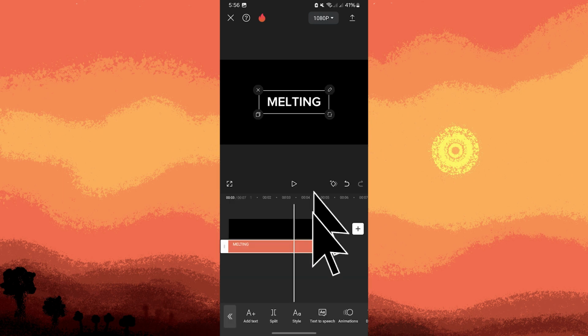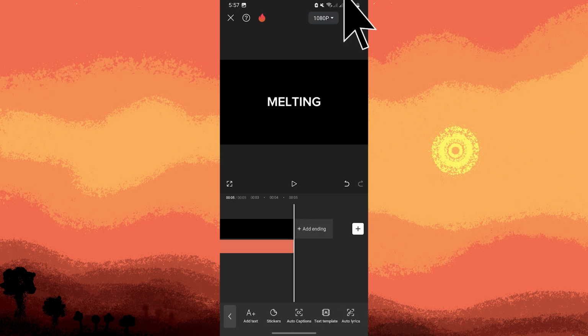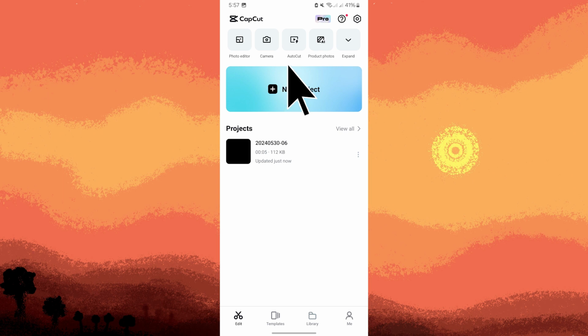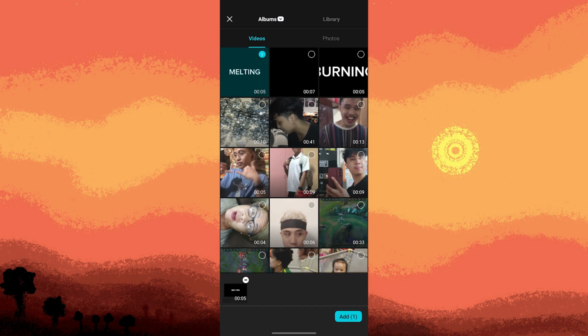Now, expand the text duration, same as the black background. Then remove the ending, tap on it, then tap on the delete, and export the video. Now tap on Done, tap on New Project, then choose the clip that we saved before, then tap on Add,